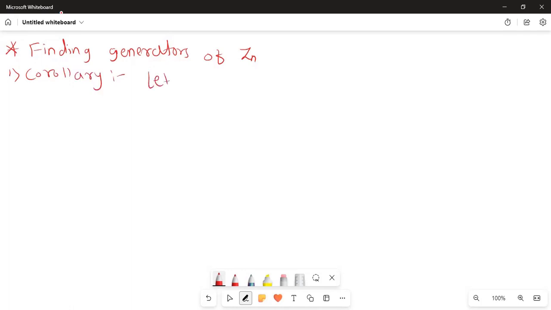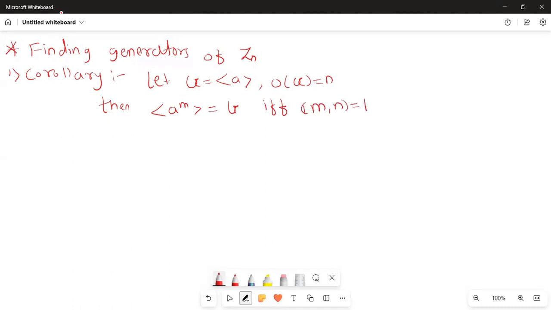Let g is equals to generators of a and order of g is equals to n, then generators of a raised to m is equals to g if and only if gcd of m, n is equals to 1. तो प्रूफ देखो,